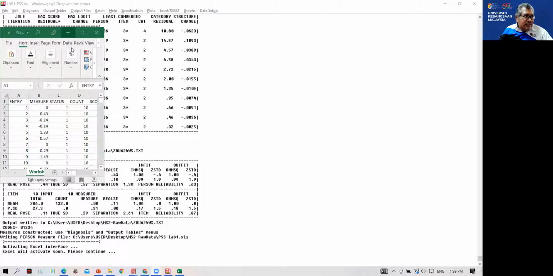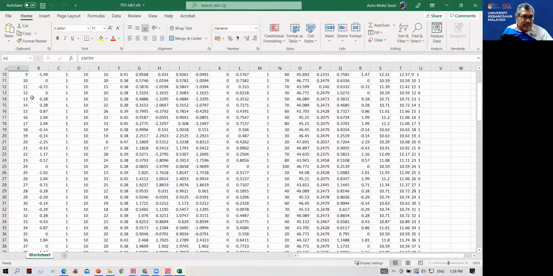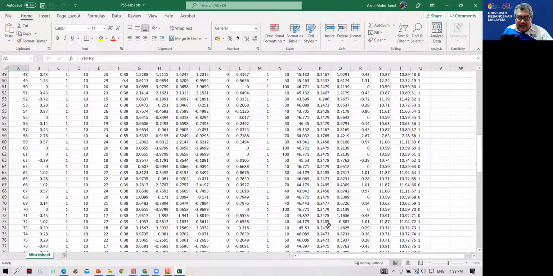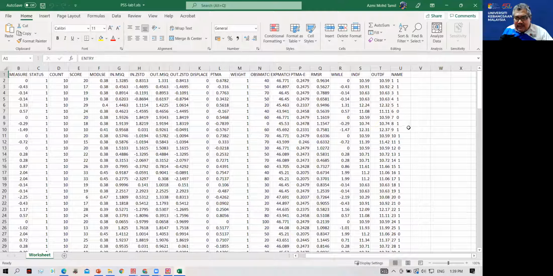Okay, so you can see here, this is the Excel file. So you can see there's 1, 2, 3, all the way to whatever, and it is matching the person's ID. So this is the ID. As you can see, then you have the 1 and 0, 1 and 1. This one is for the gender.